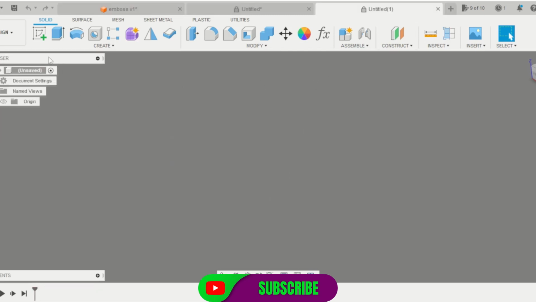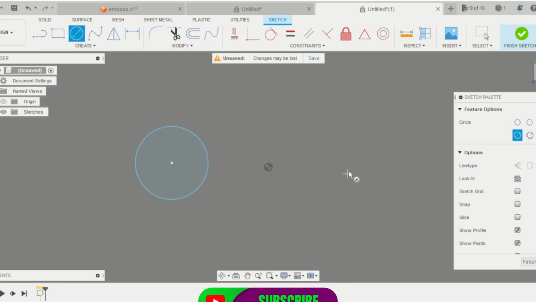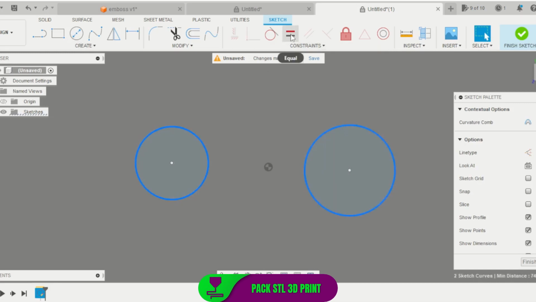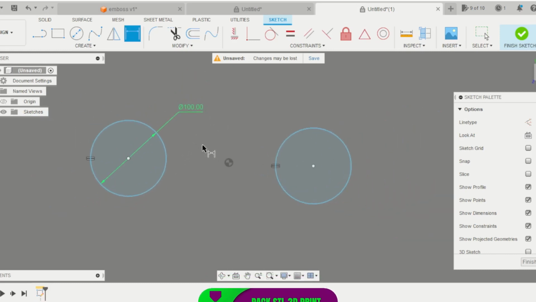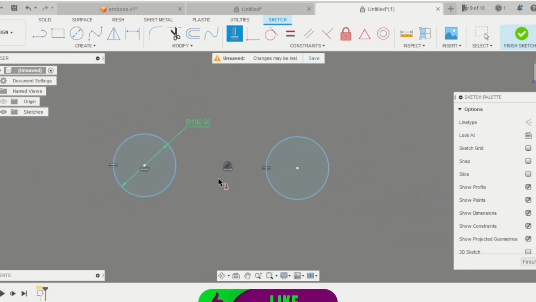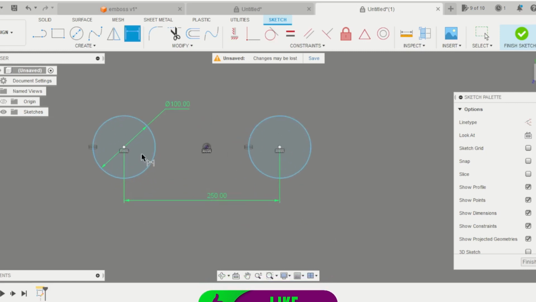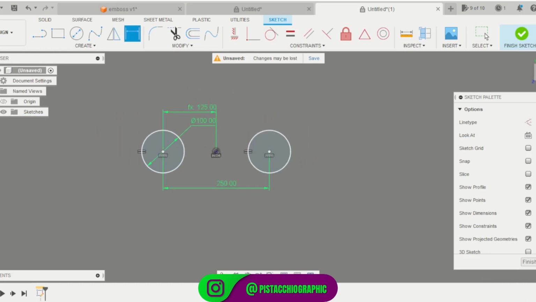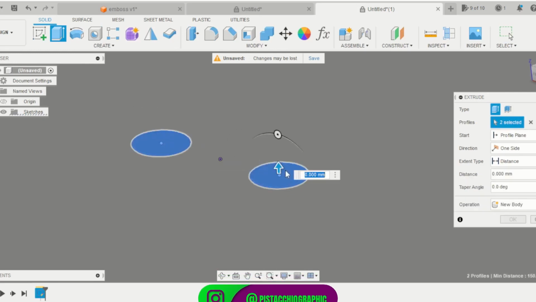Let's start a new design. Make two cylinders, two circles here. This is the same. Okay, make this align horizontally. And fix that. Divide by 2. Okay, and the cylinders are,